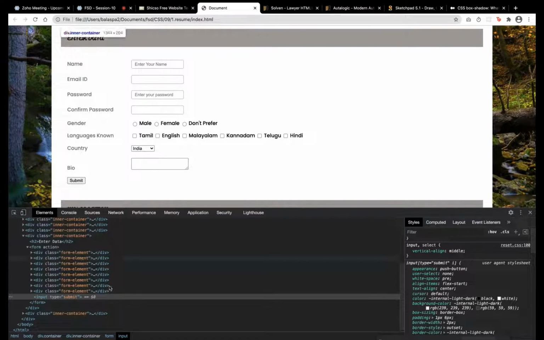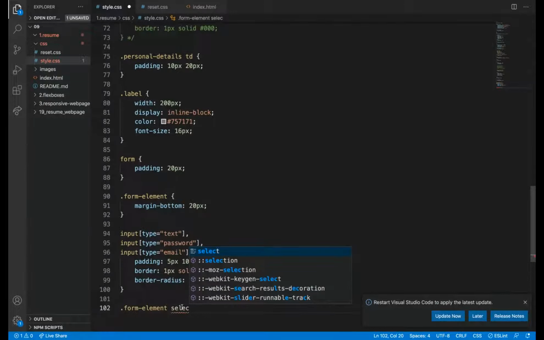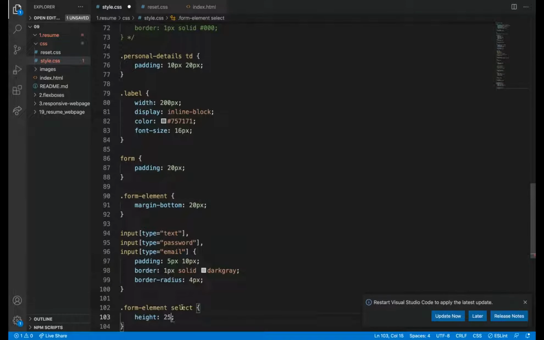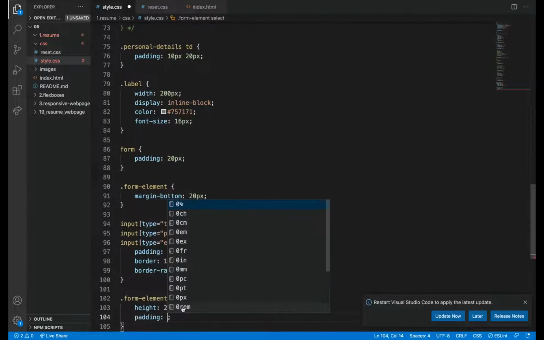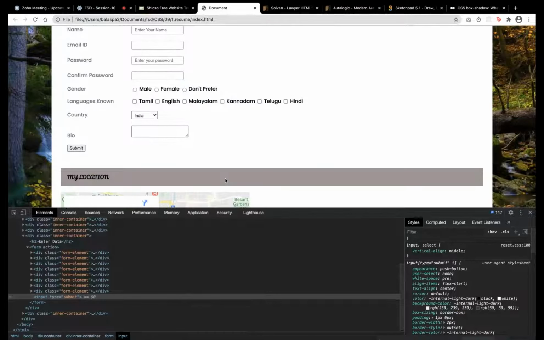So what we are going to do is for select box we are going to give height, height of 25 pixel and then padding of 5 pixel. Yeah, this looks better, a little bit better.